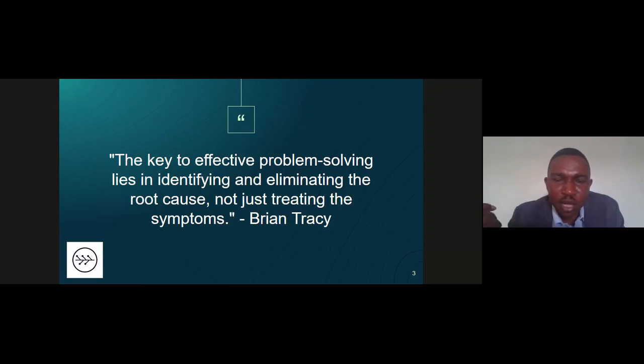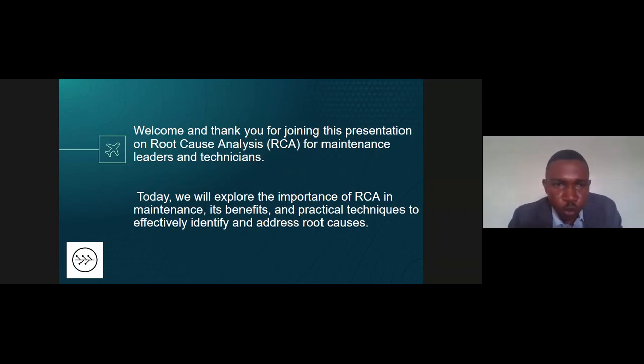So whenever you have any issue in your organization, be it plant or administrative, it's not about quickly rushing to go and treat the symptom. No, doing that will not bring a great result. It's better for you to identify the cause, then put a control measure in place to eliminate the problem that you're facing. So we'll look at some of these concepts.